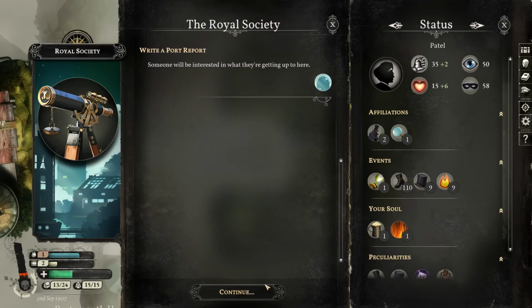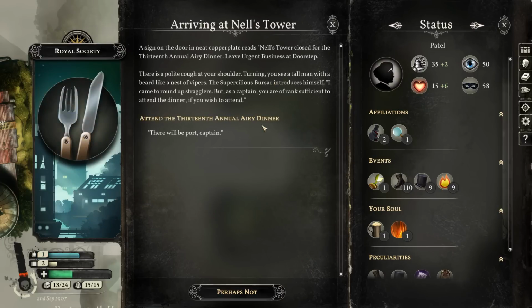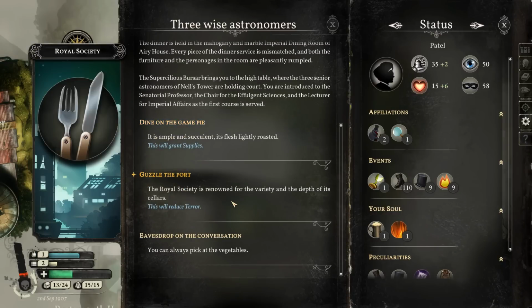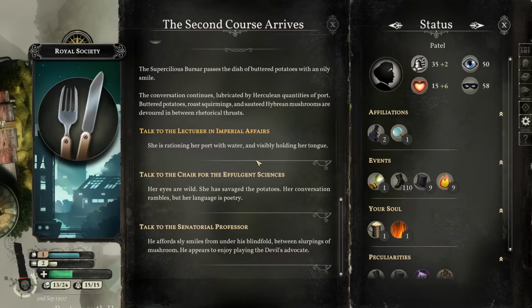Let's write ourselves a port report, and then I think we probably don't want to get involved in all of the shenanigans and intrigue here, but we do want to go through a couple of these early things. So we can buy both supplies and fuel here. I think I'm inclined to take a terror reduction over free supplies. We do not need a ton of money. I put myself in a position where I have to click through some text. So,